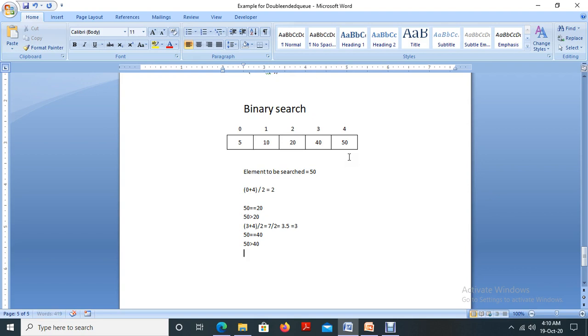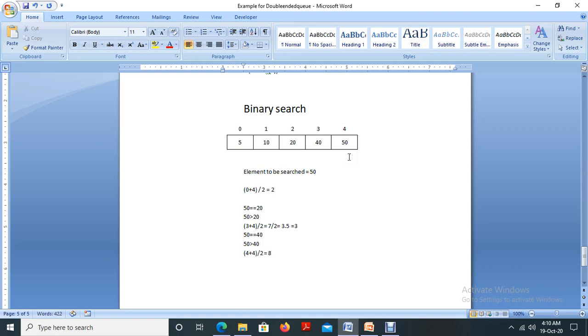Again we do the same procedure. The first element is 50 and the last element is also 50. So we take index value 4 plus 4 divided by 2. What is the result?